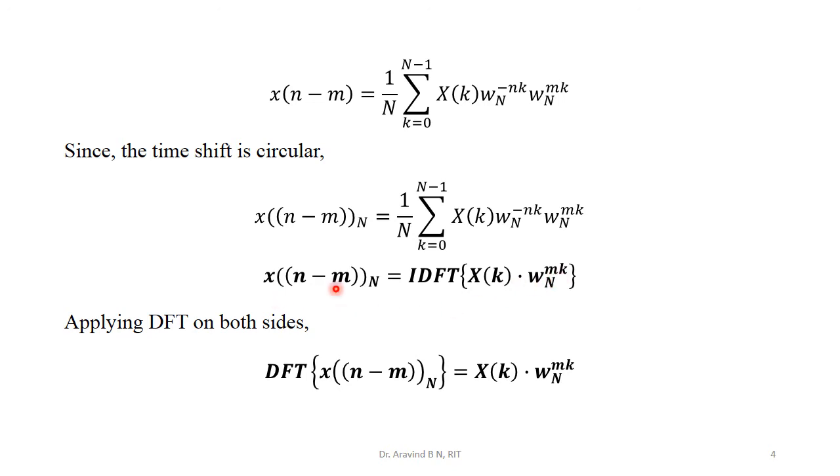Now by taking DFT on both sides, we have DFT of x of n minus m with respect to N will be equal to X of k into omega N to the power mk. Based on the specific problem that has been asked related to this property, sometimes we make use of this realization and at other times we make use of this type of realization. So this is the one that has been asked with respect to the statement of the time shift property. Therefore, we have proved the time shift property.